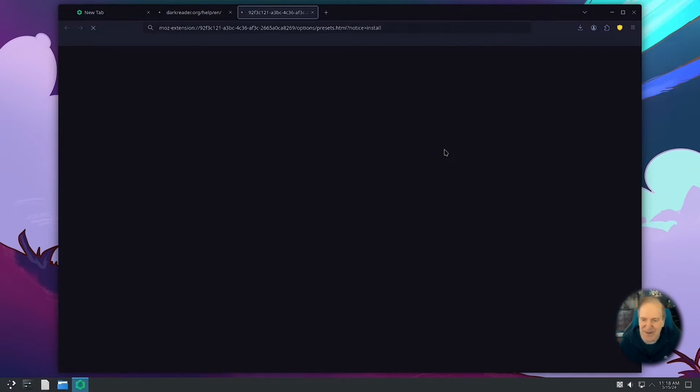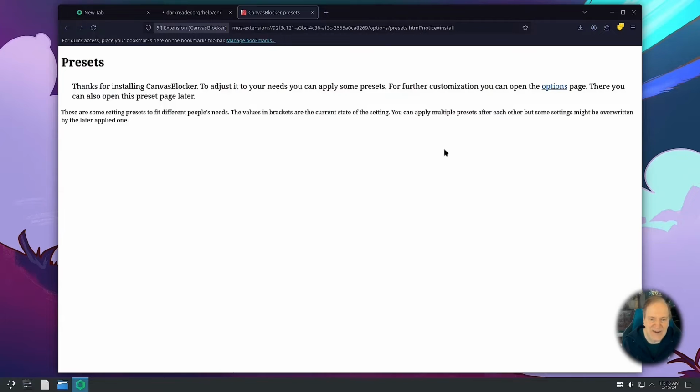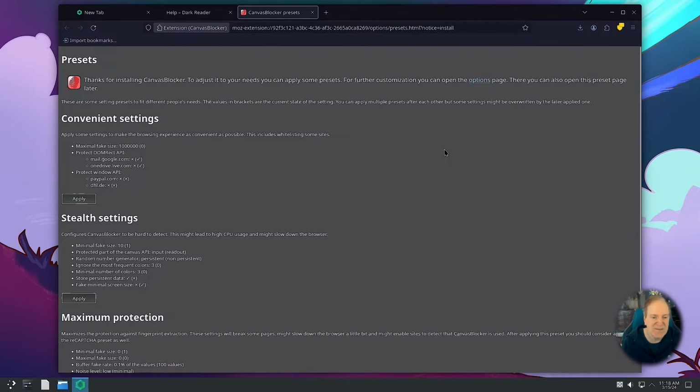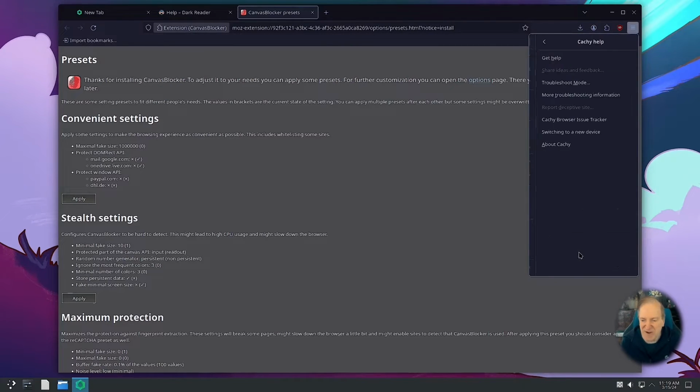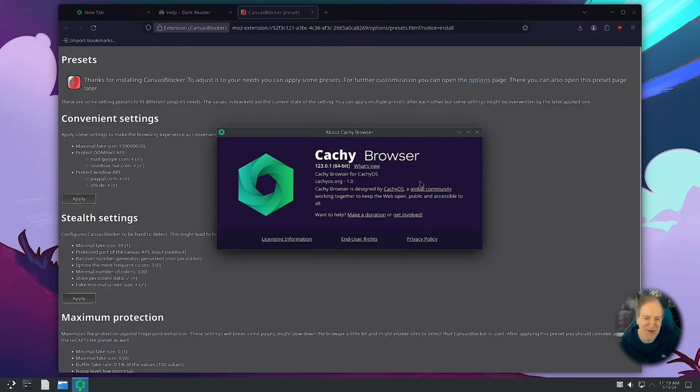And yeah, that looks like Firefox to me. So excellent. And I think they made a fine choice there. Firefox is probably my favorite browser overall. I do like Brave and Chromium and so forth, but in an overall sense, Firefox is really my favorite. So Cachy, in my opinion, made a great choice. So I went to help and about here, and yes, you can see by the version there, it's